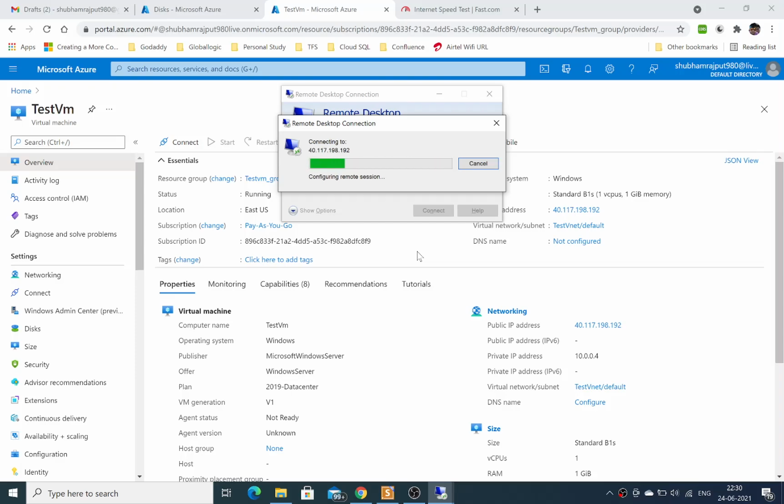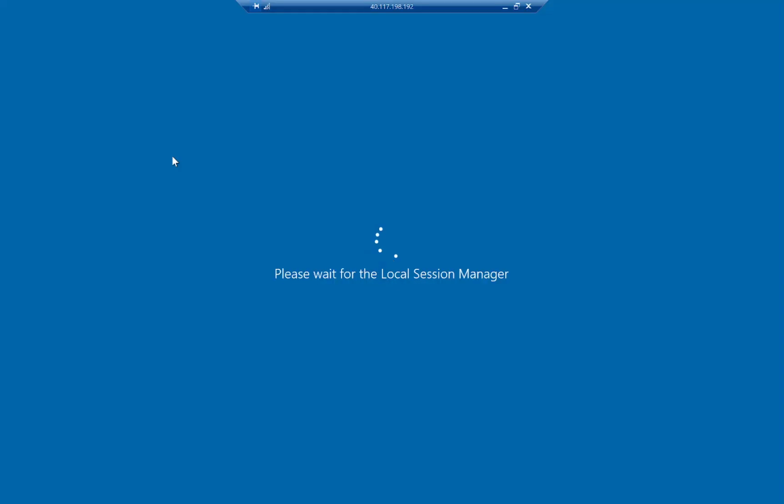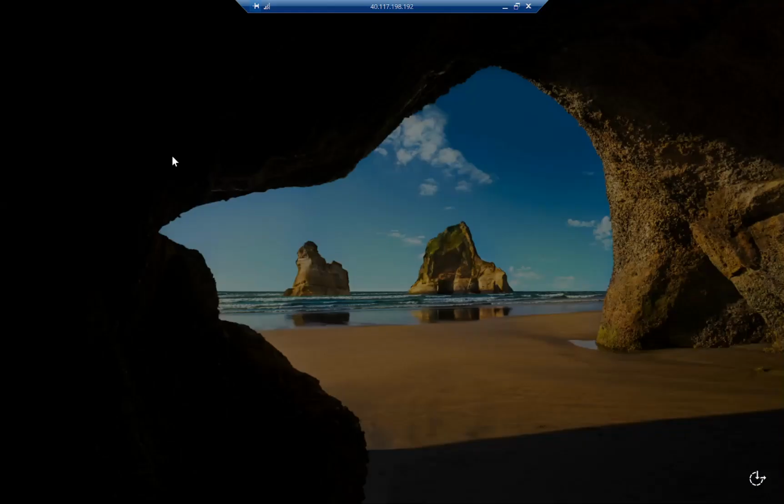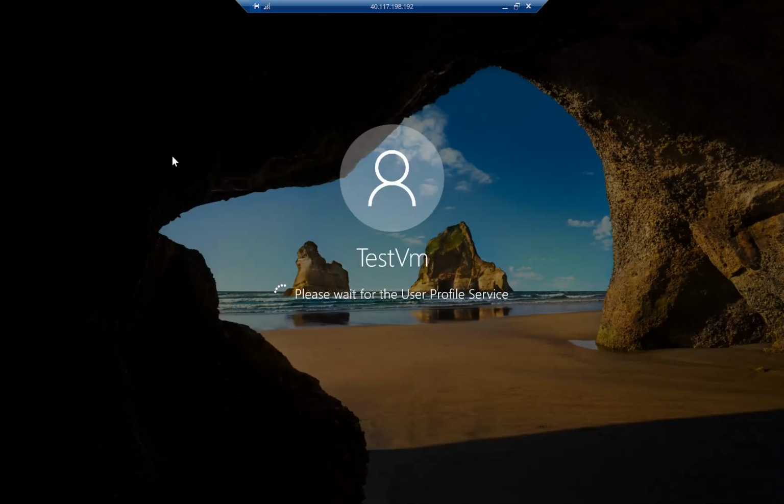In the next video, we will use this hard drive, and from this hard drive we will create a new virtual machine. In that case your workload will not go off, basically your site will not directly go off.